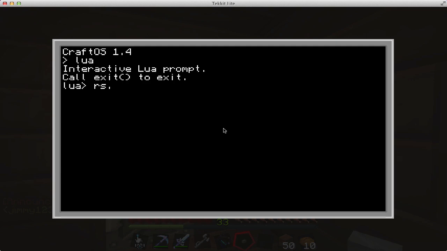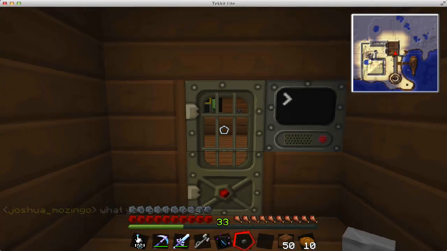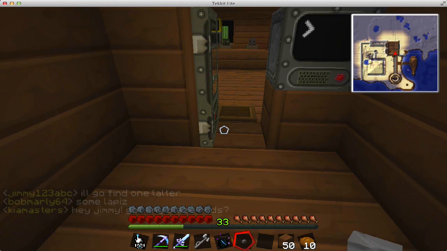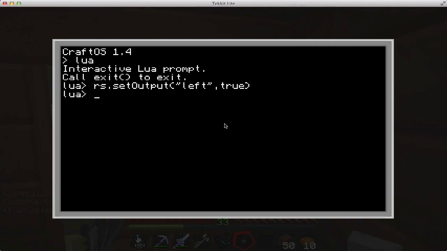To send a redstone signal, we're gonna use rs, which is redstone. You can also type the full redstone dot set output, and then inside this we're gonna put the side of the door, so it's on the left side of the computer, and then we're gonna put true or false if you want to put the redstone on or off. So if I hit enter here, this door should open,